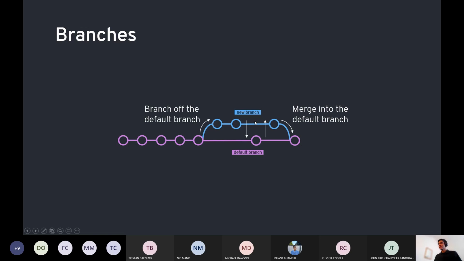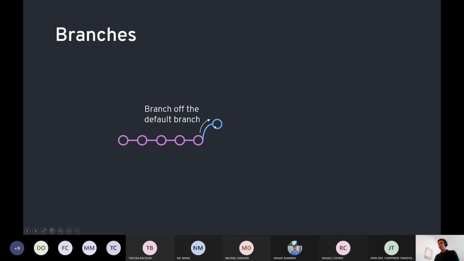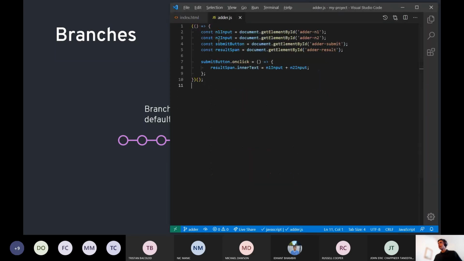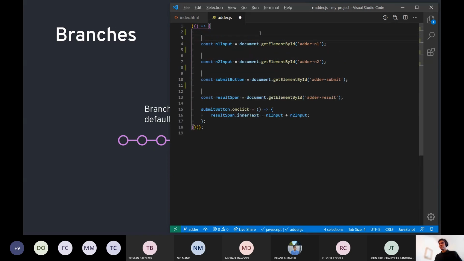So let's make the second change over here. So we've made this change. We've branched off the default branch, and we've made that change. But we'll make another change that fixes the faulty adder that we added. And to fix this, I'm just going to head over to adder.js, and to fix it, I'm going to have to